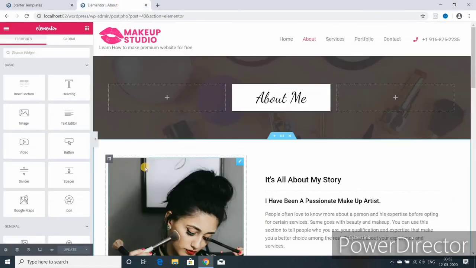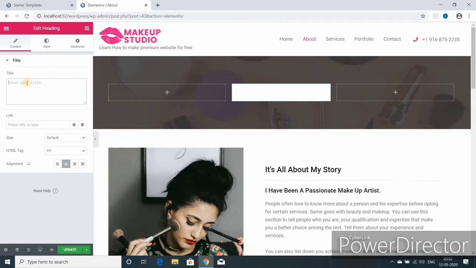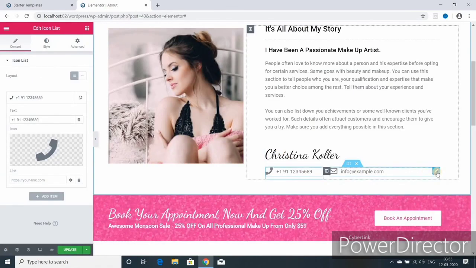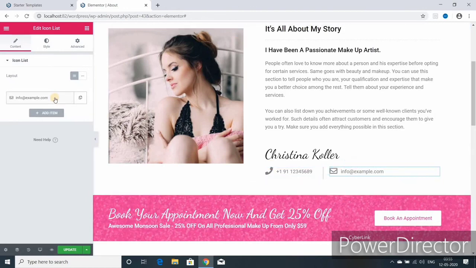Let me close this. So I want to customize the about me page. So here is the free page builder called Elementor. Just go there, you will find these 3 icons. Click on that. Just click over here. You will see the title over here. Just delete this, and your contact detail in the same way. You just need to click over there, and here you can make the changes, and after every change you just need to click on update.